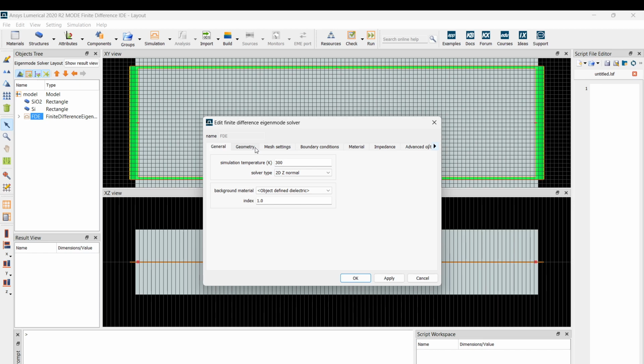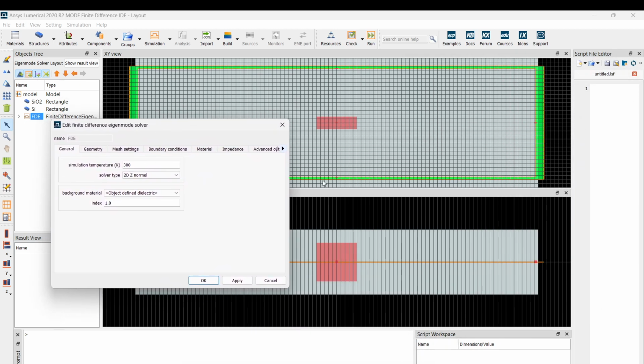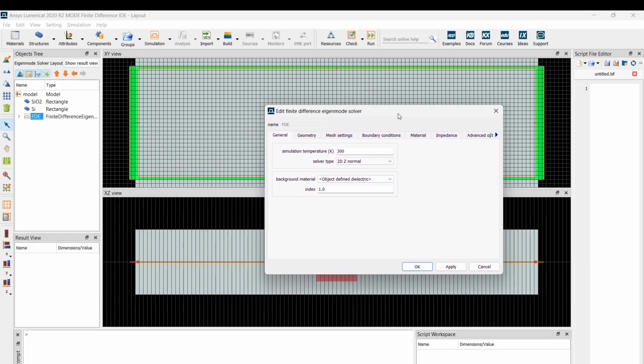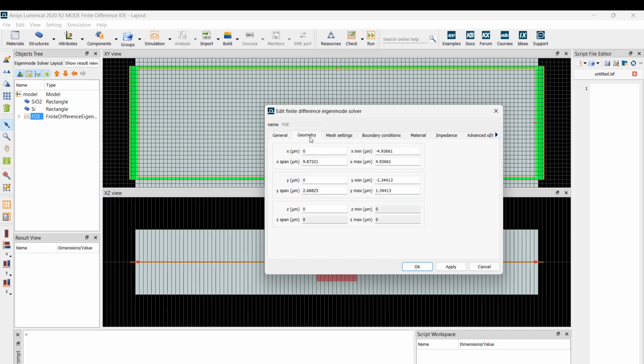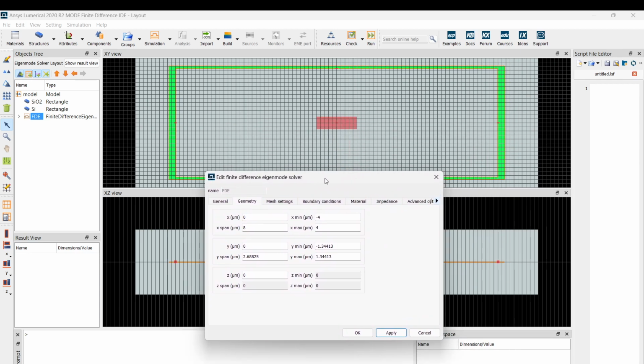And it's a 2D simulation, so if you look here, there is not much meshing in the Z direction. It's a 2D solver. That's also one of the reasons why we don't need to really think so much about the geometry along the Z-axis. So then geometry expand, we can reduce it a little so that it stays inside. Yeah, everything else looks fine.